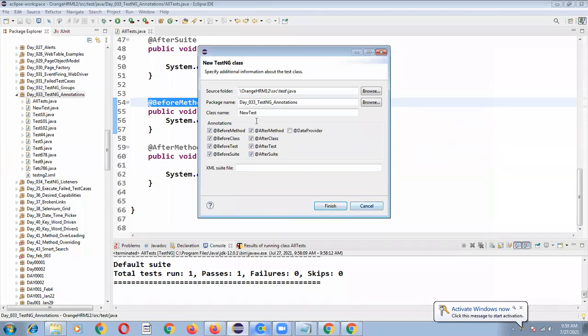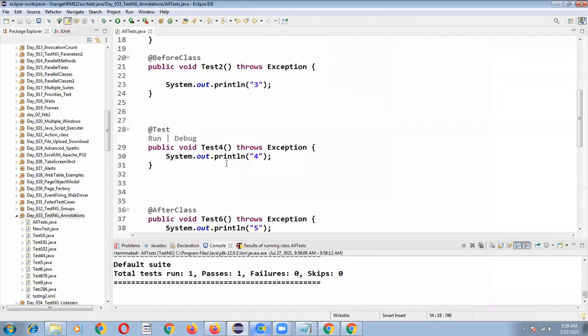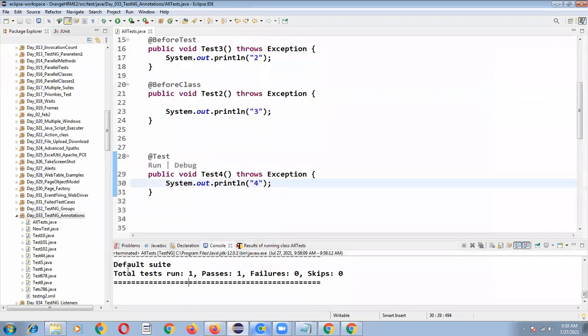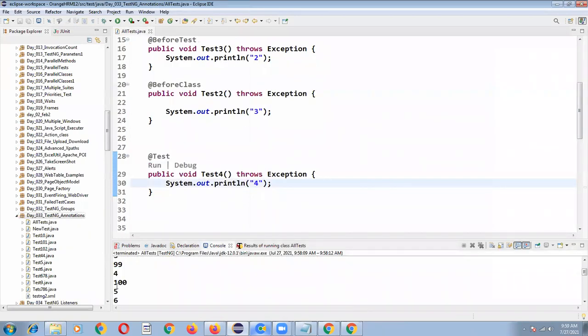Now let's go in the reverse order. So @test 4 is executed. 99 is @test. 4 is your annotation tag, @test. So @BeforeMethod is executed here, and @AfterMethod is executed here.